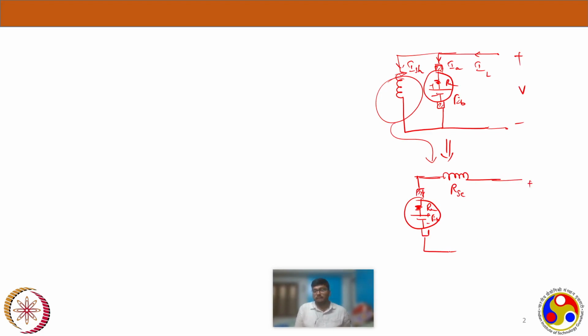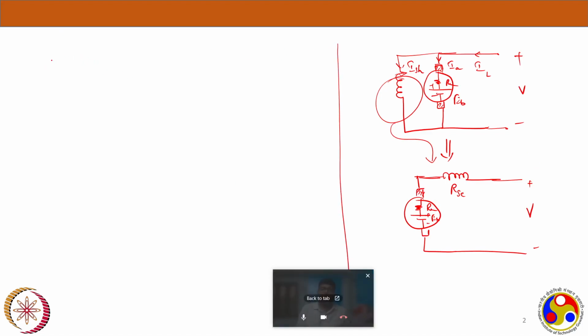Now the same supply will be there. The only difference is the placement of my field winding. If it is in series with the armature, it is a DC series motor. If it is in shunt, then it is a DC shunt motor. So this is the only change. Apart from this, as a look back,